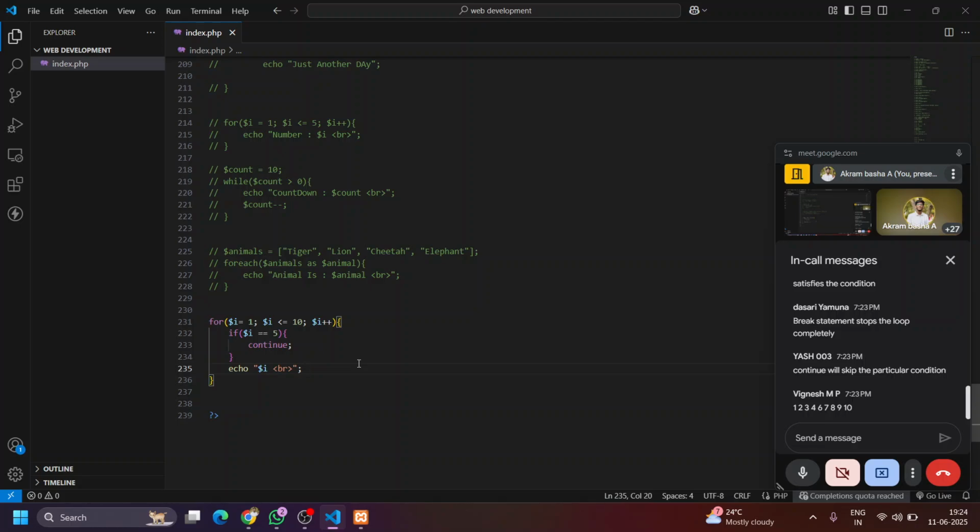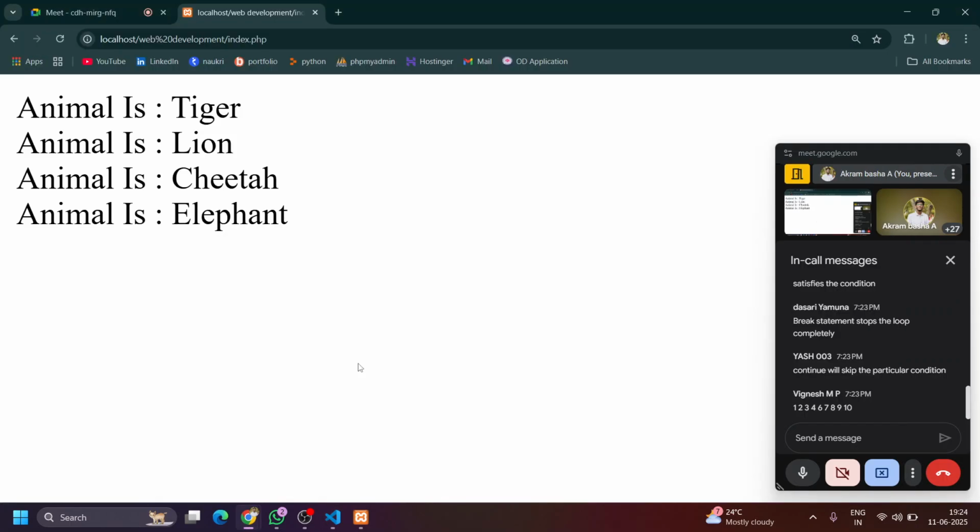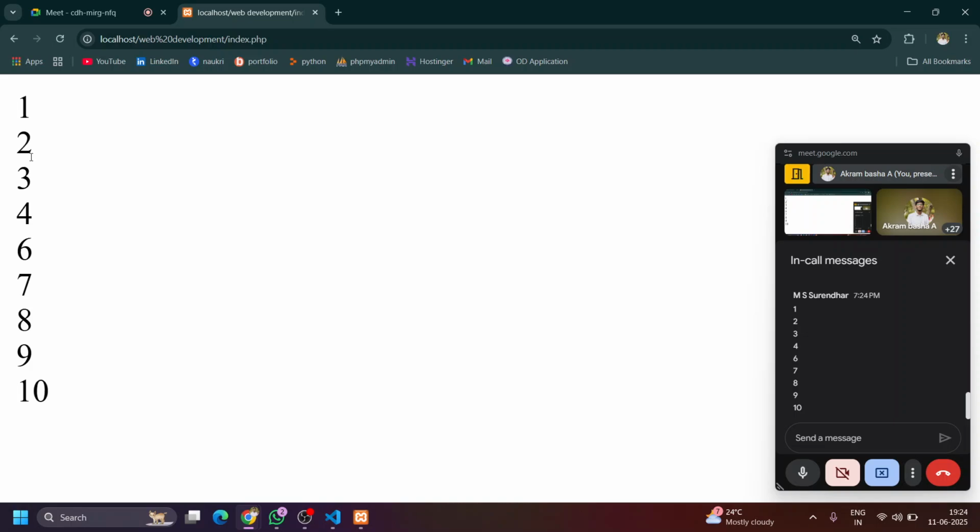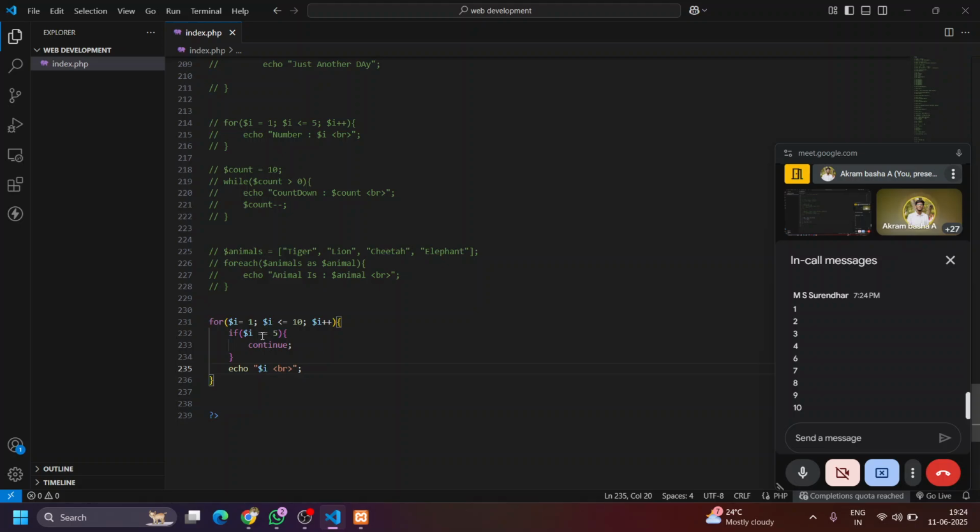The output will be 1 to 10, but skips the value of 5. So many have provided correct answers. It skips the particular 5 value. Here you can see the 5 has been skipped. It will check the particular i value. If the i value matches 5, it will continue the loop